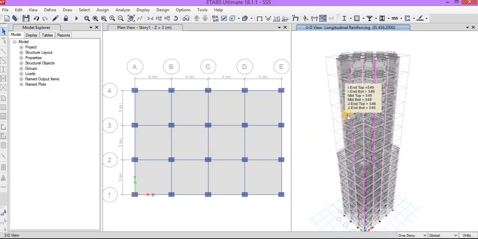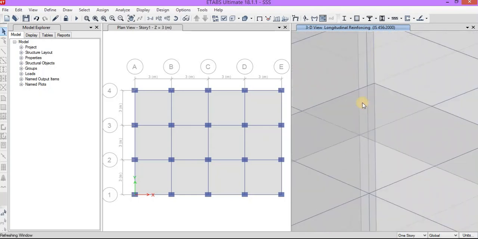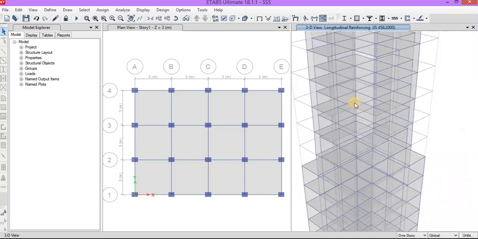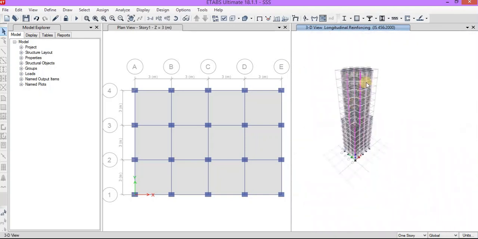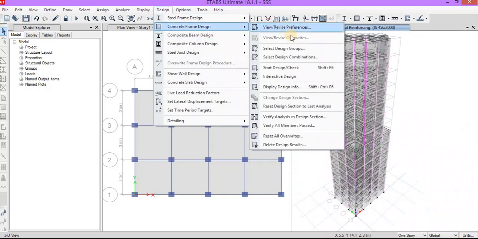So the design step is complete, and you can see the reinforcement value on every beam and column, which is the longitudinal reinforcement value.